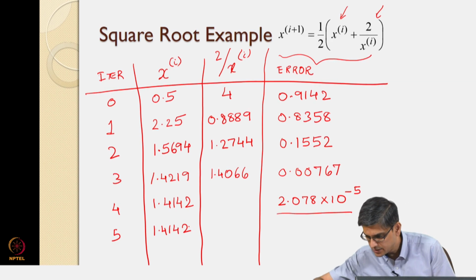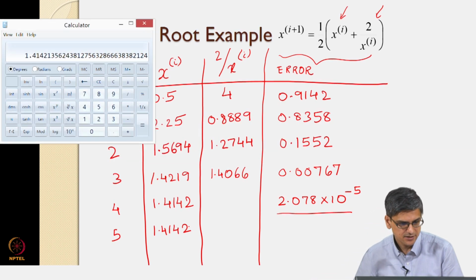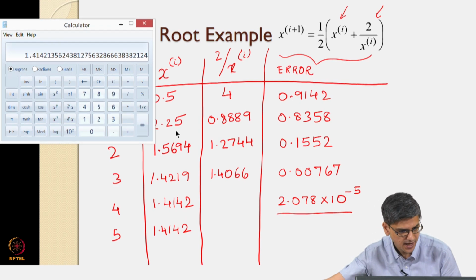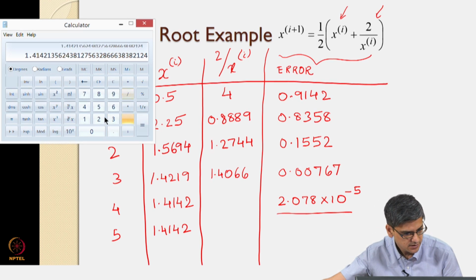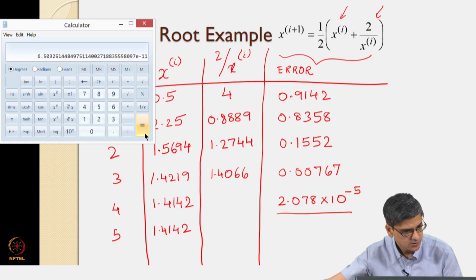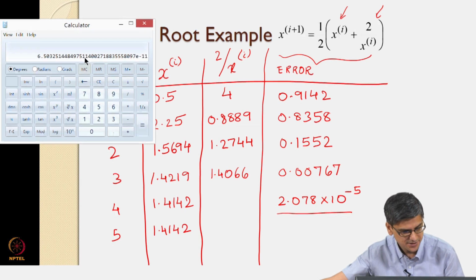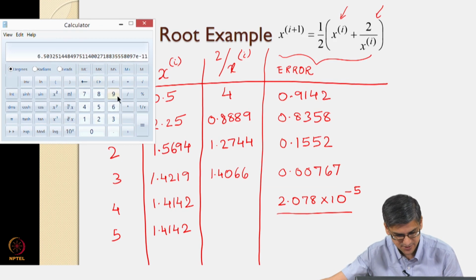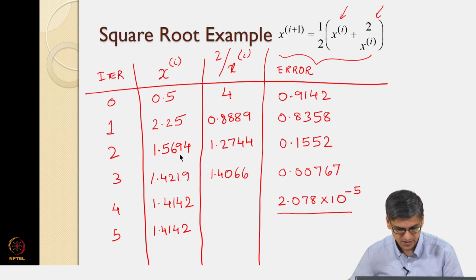Okay. And we will see that the error would not decrease as we expected. Well, actually the error did decrease, I am sorry. So, we did see a decrease in error, but we were a little bit lucky in this decrease of error, and the error is 6.5 into 10 to the power minus 11.